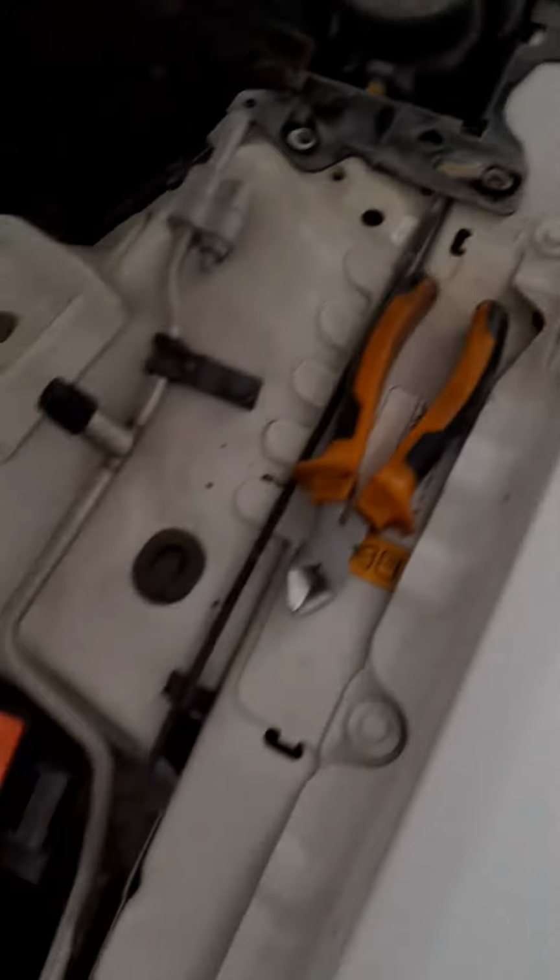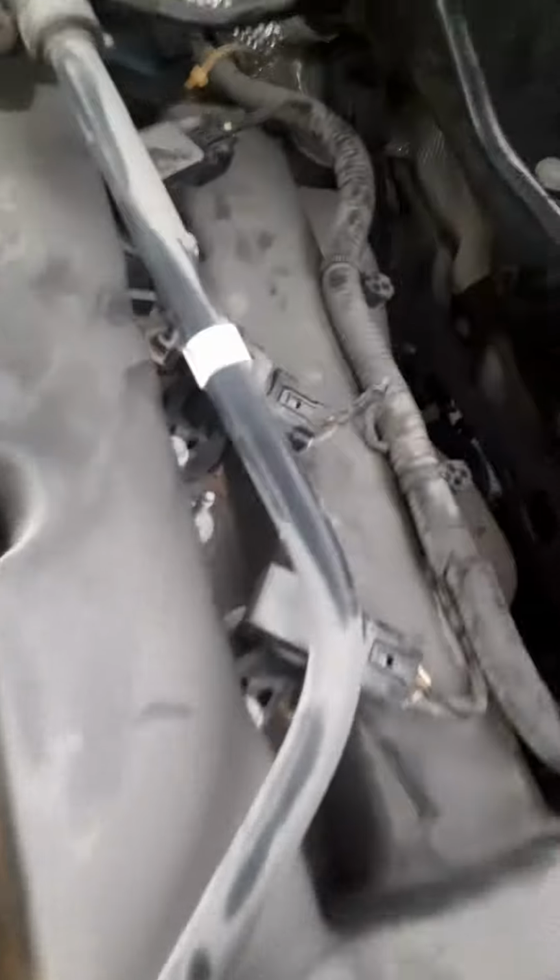and the bracket, the steel bracket from here. This is the one, steel bracket. Then how many bolts here? 1, 2, 3, 4. There's here 5, and here 6, and one more here from